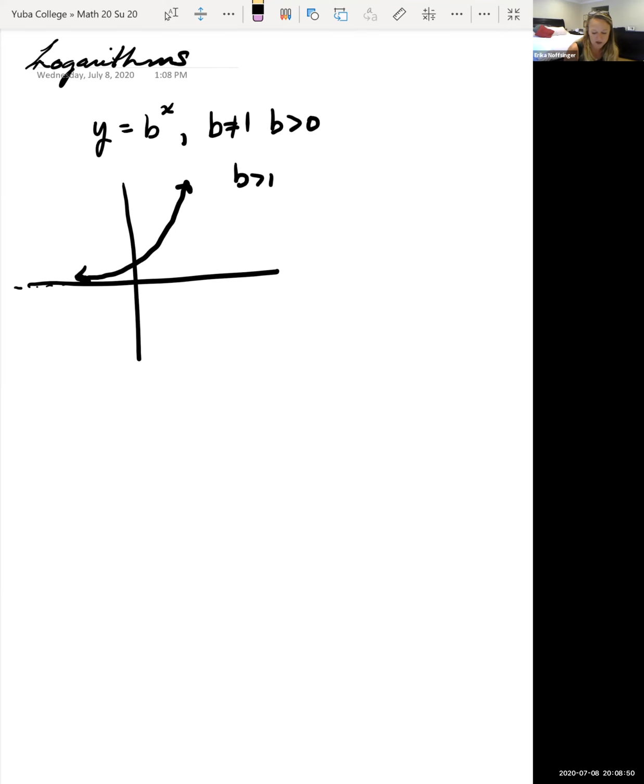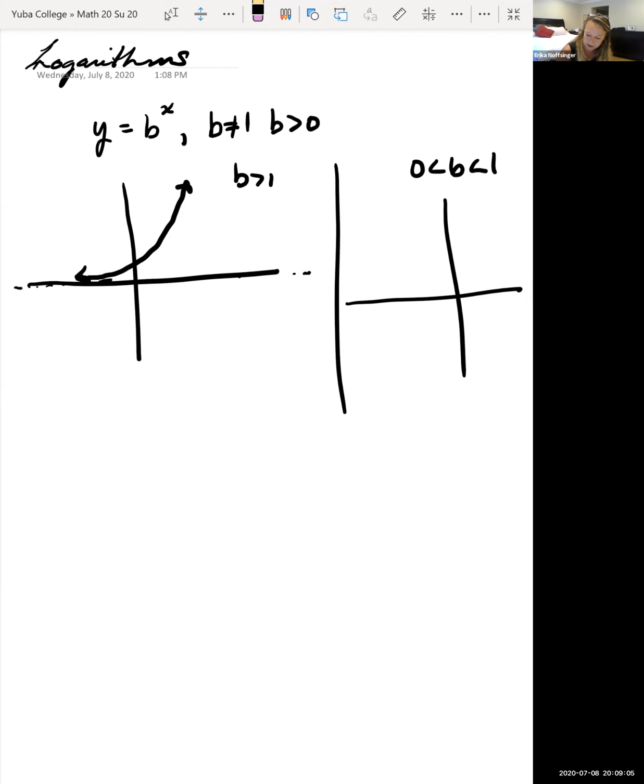We also had a horizontal asymptote at y equals 0. We saw that if b ended up being between 0 and 1, so it was a fraction that was less than 1, but greater than 0, the graph was a reflection. It was a reflection across the y-axis, and the shape looked like this. And so again,